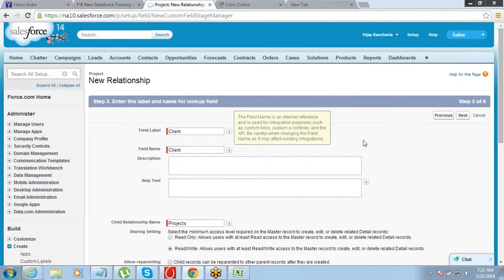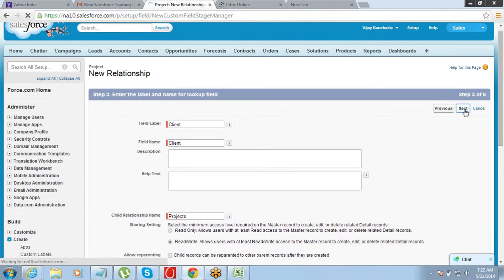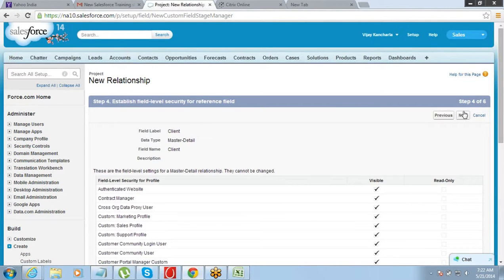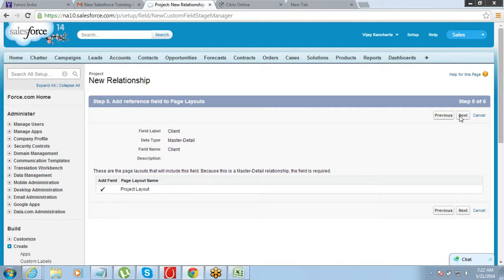Just give the name of the field, because it's basically a field only, right? After that, just keep on clicking next, next, next, and it will be done.